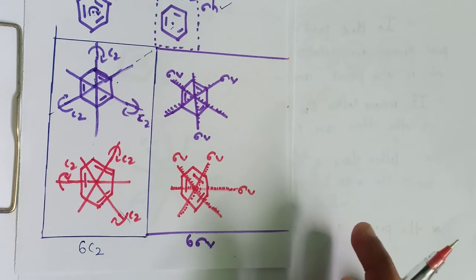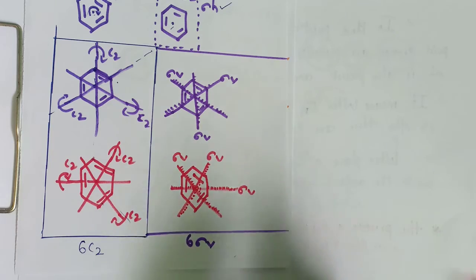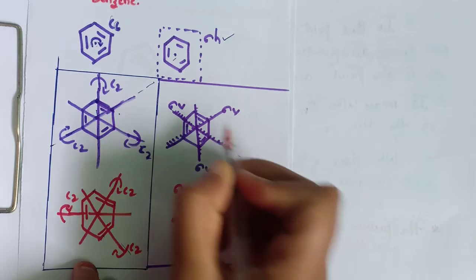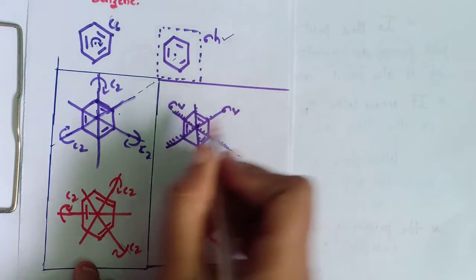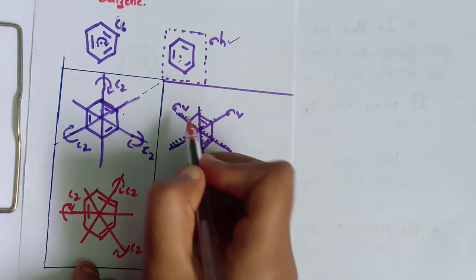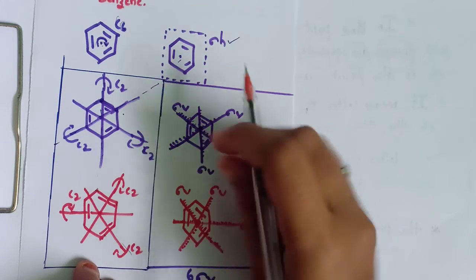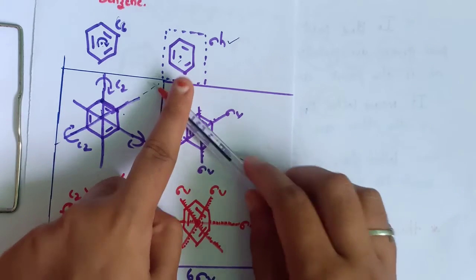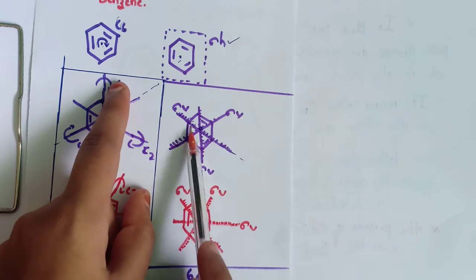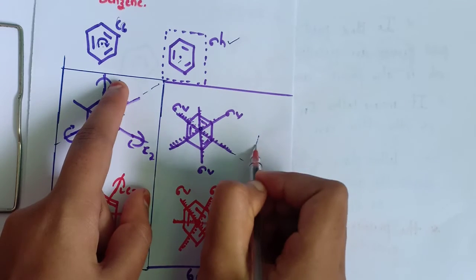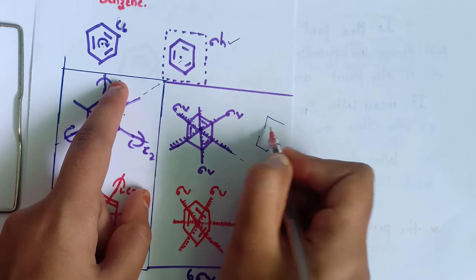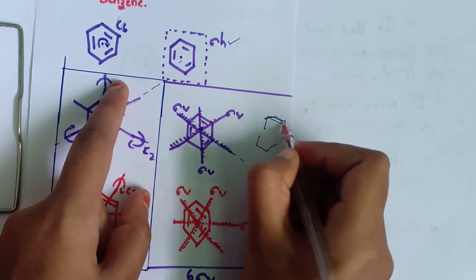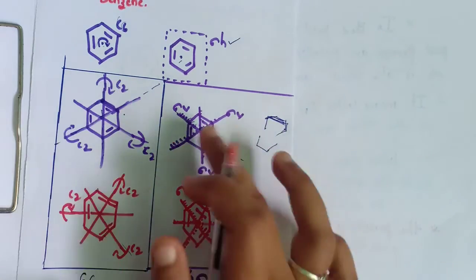And next, 6 sigma V. See here, take a plane that is parallel to the principal axis. Here is the principal axis and this plane is parallel to it. See here, here is a mirror plane bisecting the molecule into two equal halves. This is the first half and this is the second half, and these two are the mirror images of each other. See, this is the mirror image of this one, so it is like this and the mirror image is like this. So these two will be the mirror images of each other.